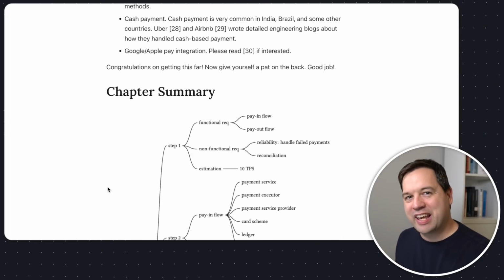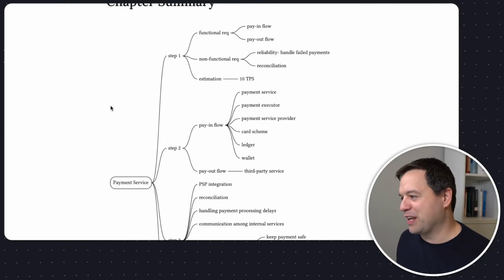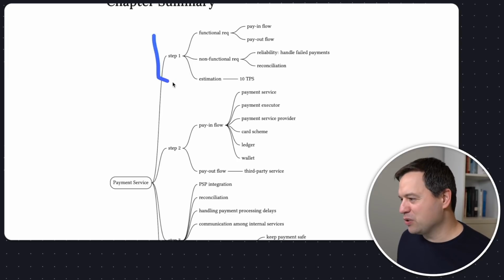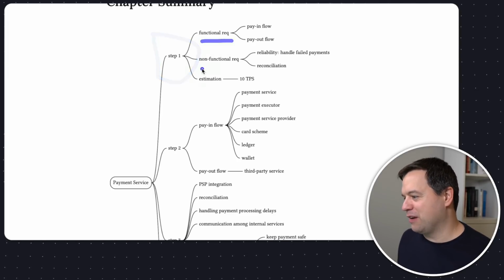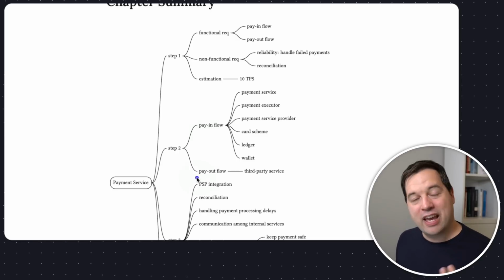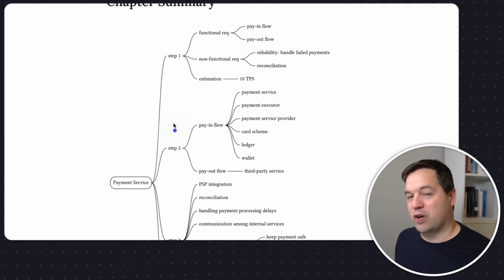And then what I really like about this book is at the end of each chapter, there's a chapter summary where there's this mind map that Alex put in place, which goes through each step of functional, non-functional. It's just a nice reminder of how the book is built up. It also gives you a bit of a reminder, and it might help you think in these